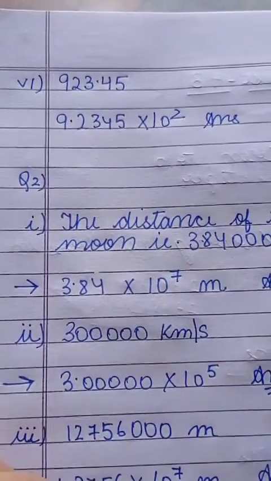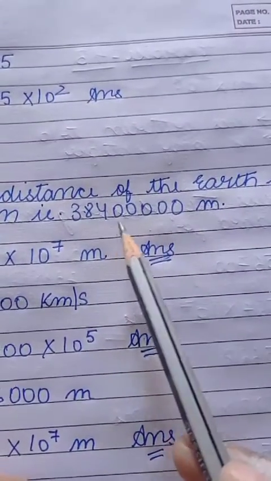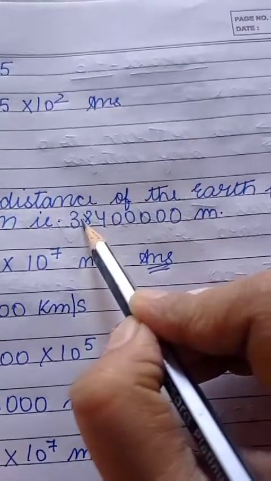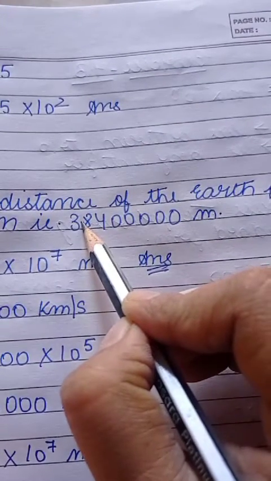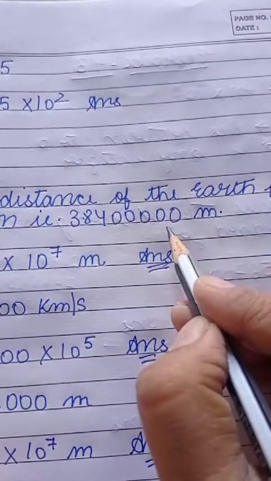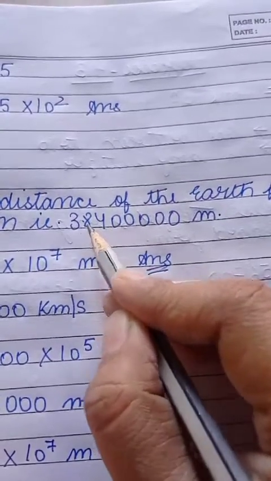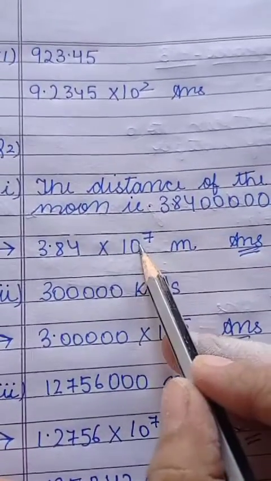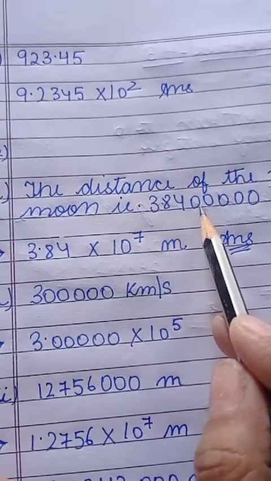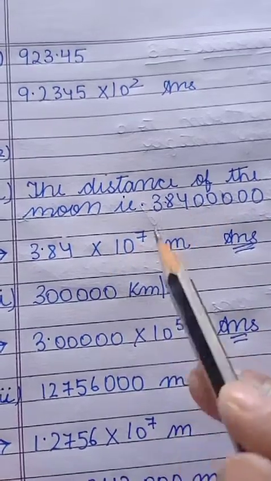Next question is the distance of Earth from the moon is given in this form. So write it in standard form. No decimal, children. So we will put decimal here. Then only it will be between 1 to 10. 3.84 something. So if we put decimal here, count the number of digits. 1, 2, 3, 4, 5, 6, 7 digits. So you can see here I multiplied with 10 raised to the power 7. 3.84. So these zeros, if we'll put decimal, will not have any value, can be removed.